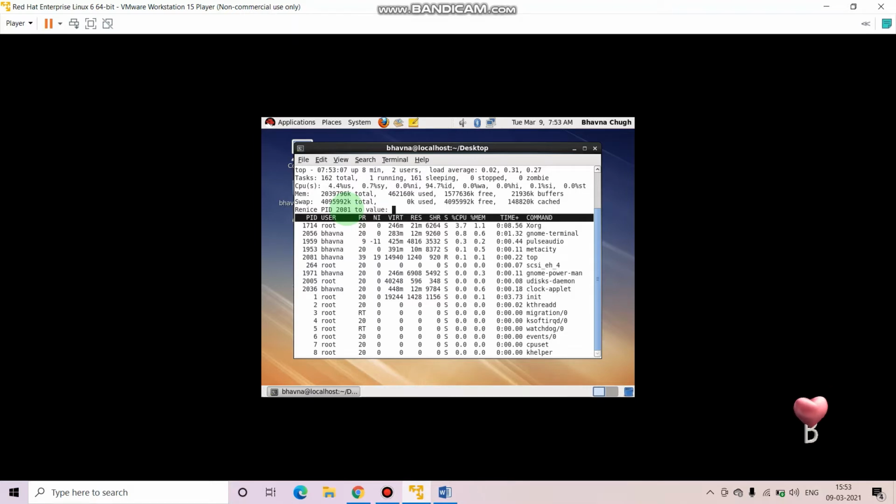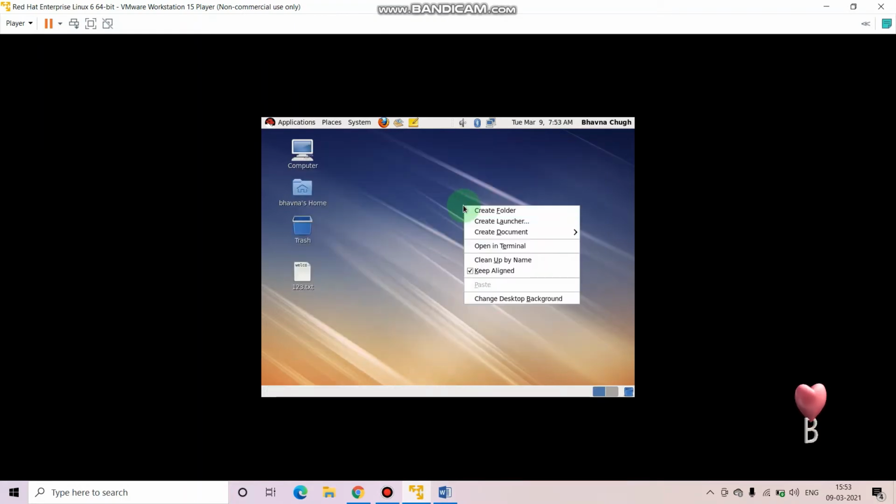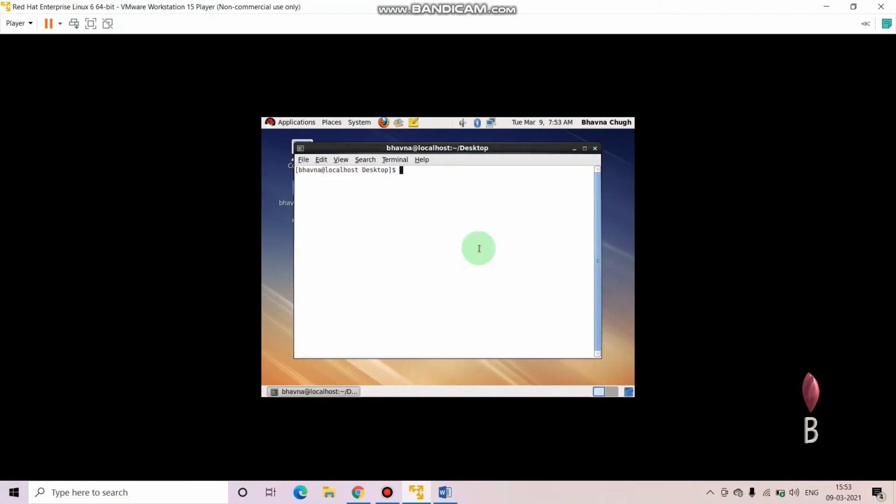See, -20, permission denied. Yes, I have not logged in as root, because of that it is happening. First I have to log in as root, then only I'll be able to perform these commands. Always try to log in as root, otherwise some of the commands will not be permitted.